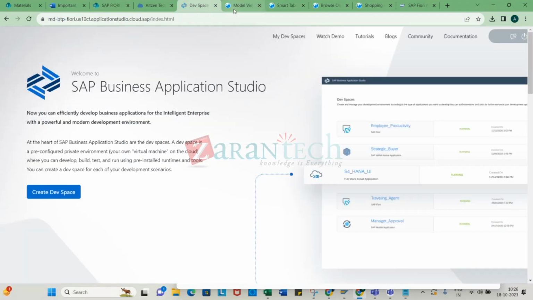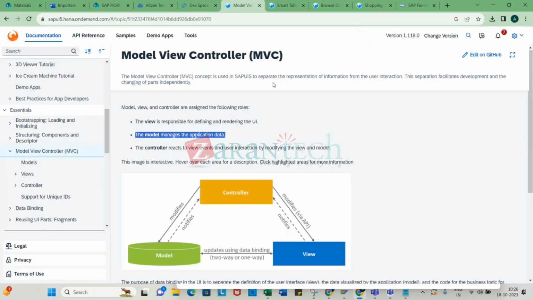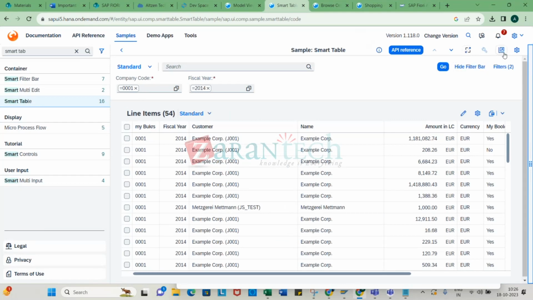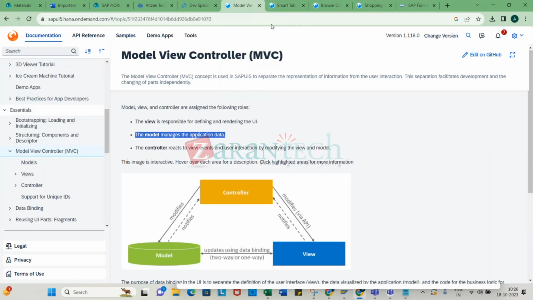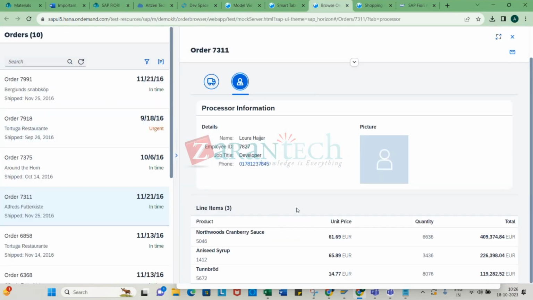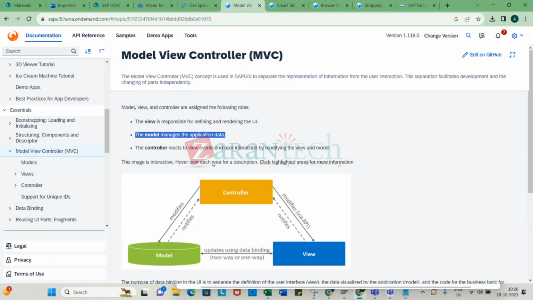Okay, then you had something called the model, the application data, which I was talking about here. If you remember that mock server or any data, you define it. Whatever data and whatever data behavior you define, that is your model. You manage the data to display, right? And the controller reacts to the view